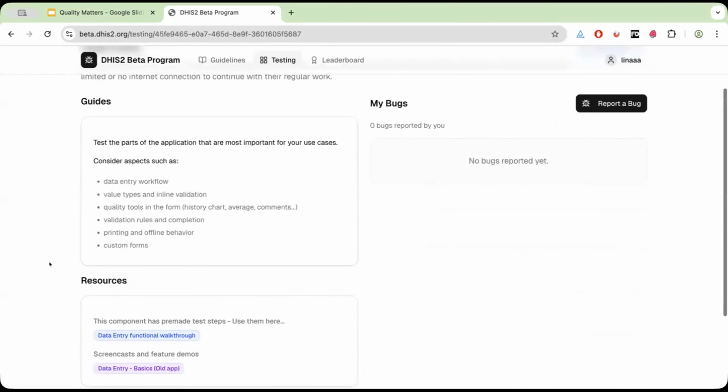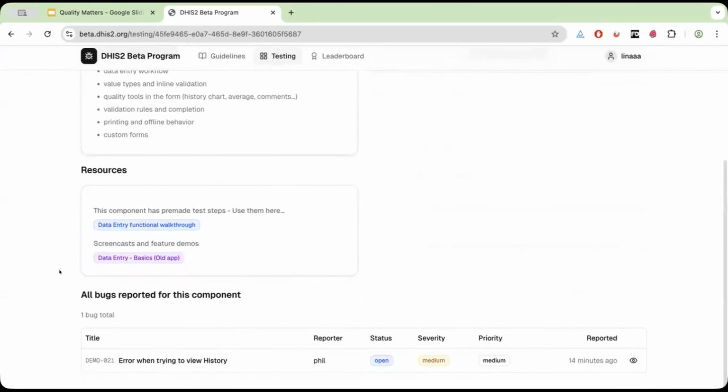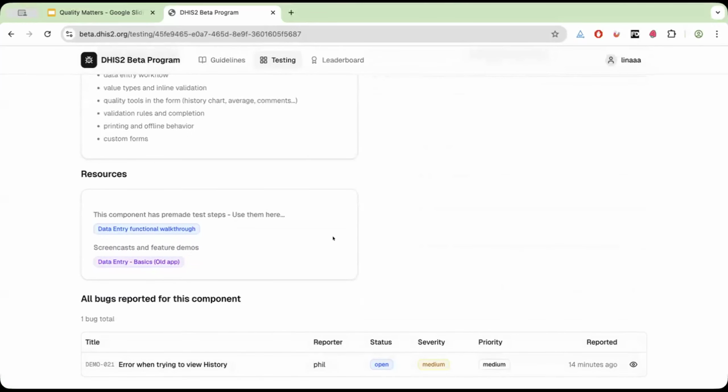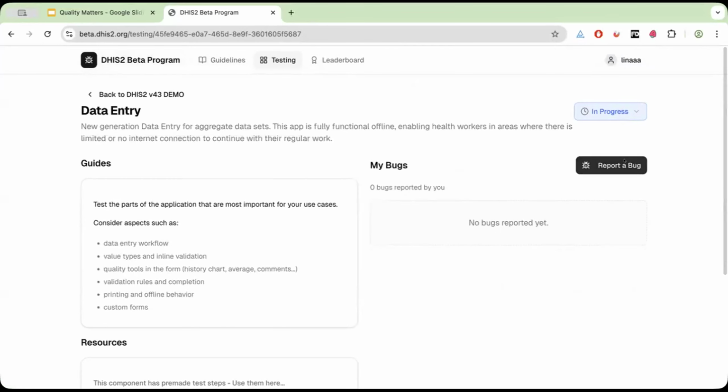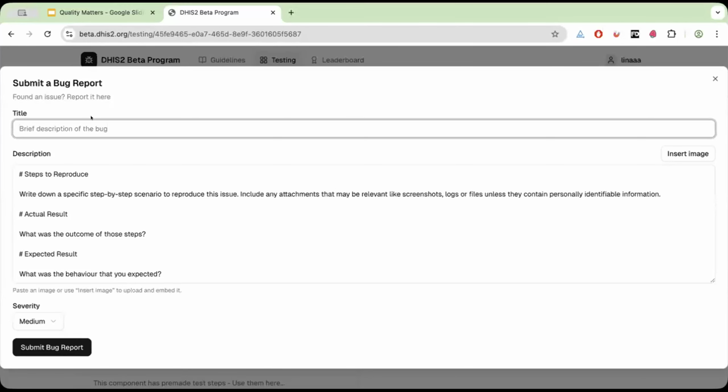And then you will have some kind of guideline here. Once you see a bug, you can, of course, report it. And you see also bugs that others reported here. So this is quite helpful. So if you say report a bug, then you will have already this bug report, and you'll be able to